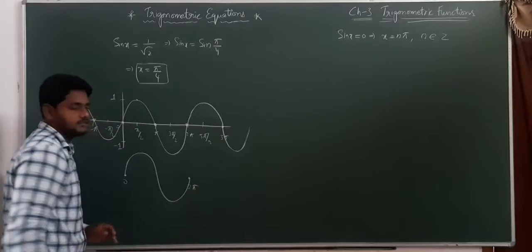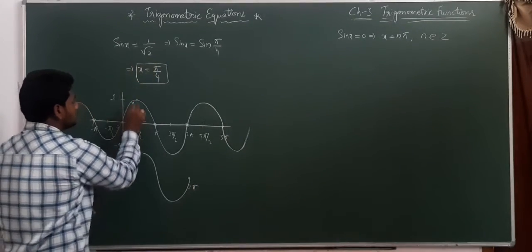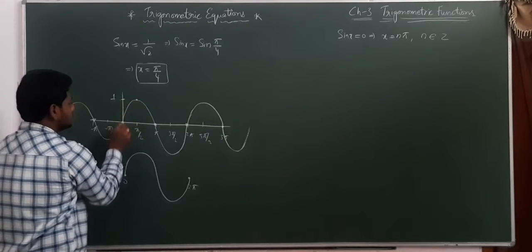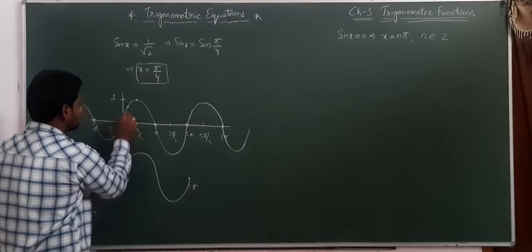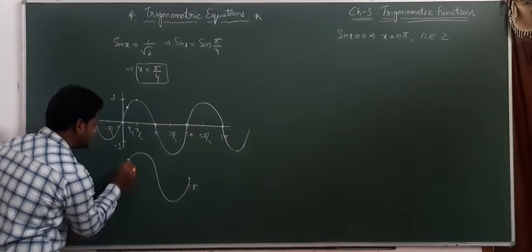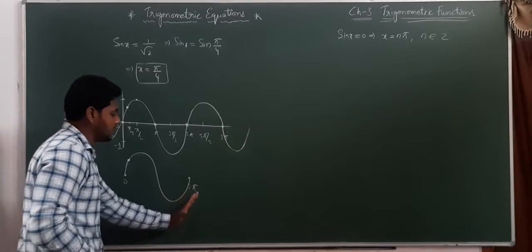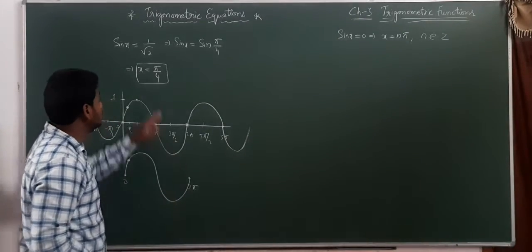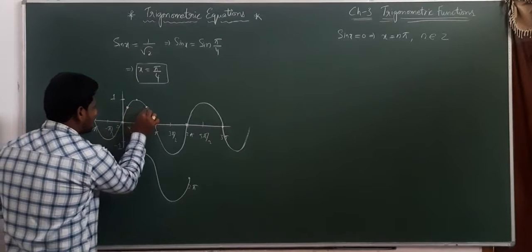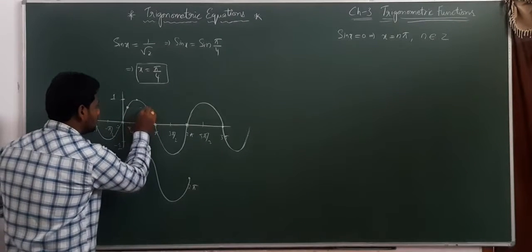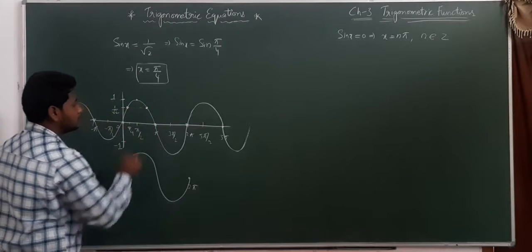The graph will be like this, right? See, x equal to 1 by root 2, this value is equal to here 1, this is 0. So 1 by root 2 means somewhere here. Why? Because it is pi by 4, 1 by root 2. That means here it will be, right? If you observe from 0 to 2 pi, did anywhere we will get that 1 by root 2? Yes. If you draw the parallel line to x-axis here, this y value is 1 by root 2. Here also you get 1 by root 2.